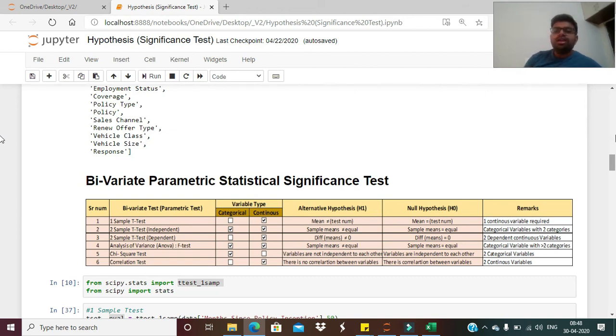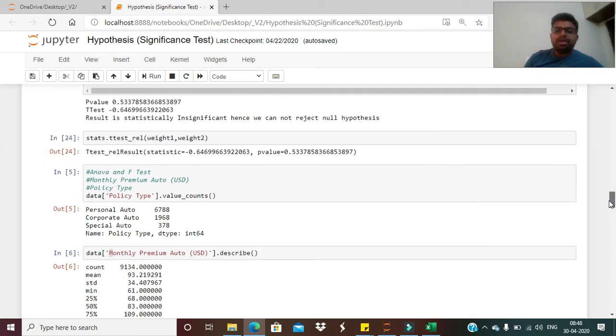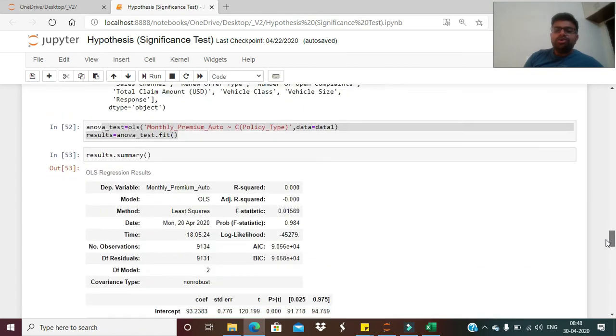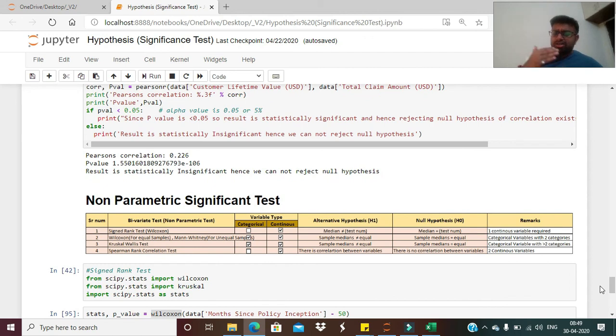I think this table for both parametric and non-parametric tests will help you understand in which scenario which type of test to perform for hypothesis testing, in a way, inferential statistics.